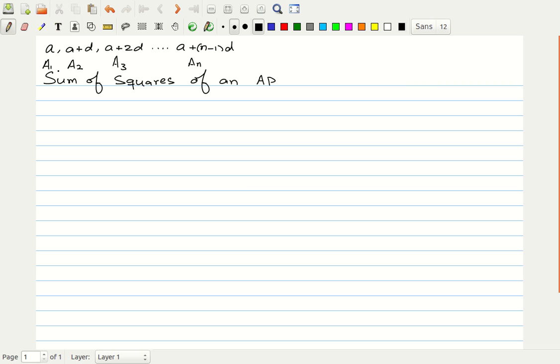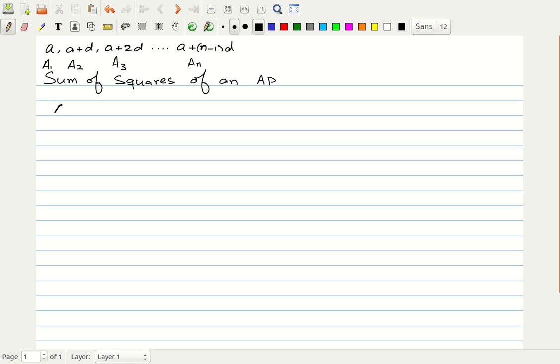And so we have n terms of an arithmetic progression with the first term a and the common difference d. Now to find the sum of the squares of an AP, there is a general way of doing all these problems. If we have to find the sum of the squares of an AP, we consider the expression